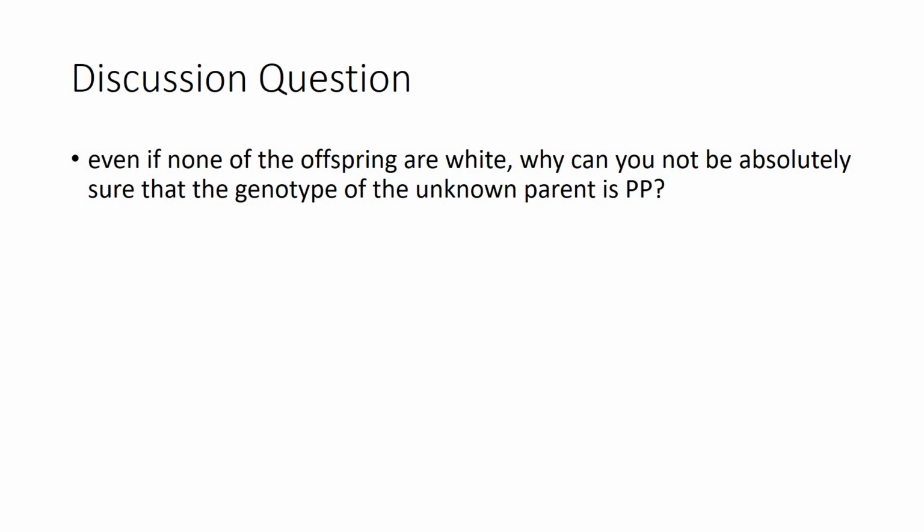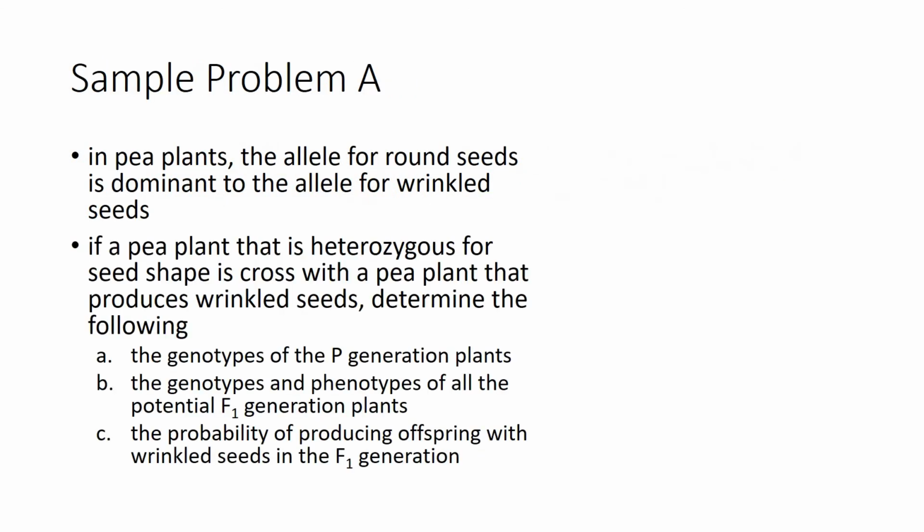All right, so let's take a look at our sample problem. Sample problem A. In pea plants, the allele for round seeds is dominant to the allele for wrinkled seeds. If a pea plant that is heterozygous for seed shape is crossed with a pea plant that is